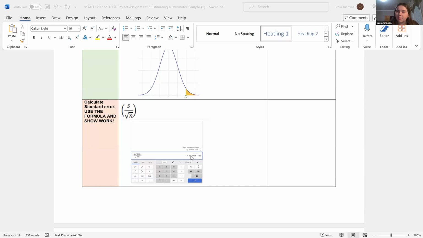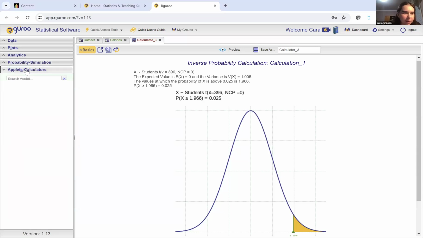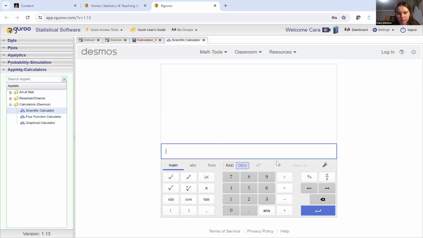So I just put it into the Desmos calculator, and then I took a screenshot of that and put it into the document. So remember to get to the Desmos calculator, I'll show you real quick. Exactly what I did. You can go to Applets, Desmos Scientific, and then you can type it all in here. So it was